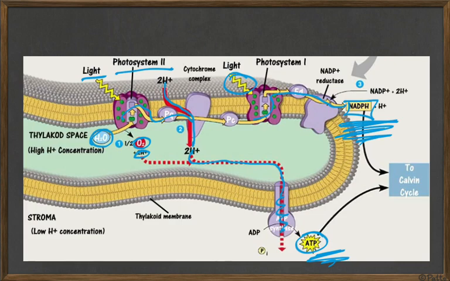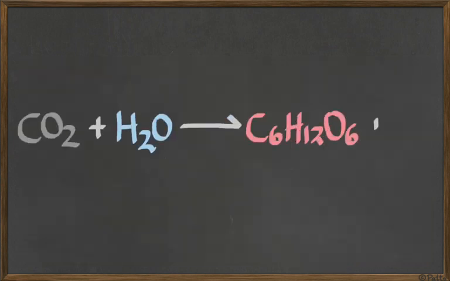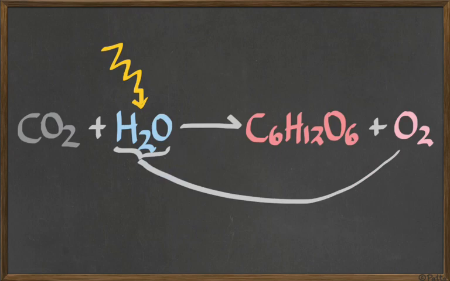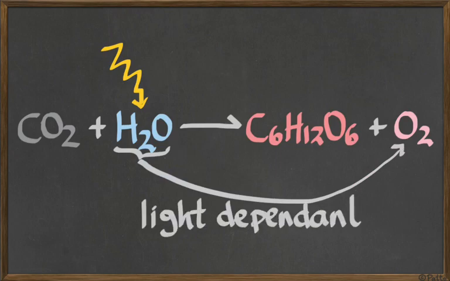This is the light-dependent reaction. It's using light to break water and to produce NADPH and to produce ATP. This is what we have. So if you put this in the photosynthesis formula, it will look like this. Light is used specifically to break water into oxygen and also releasing